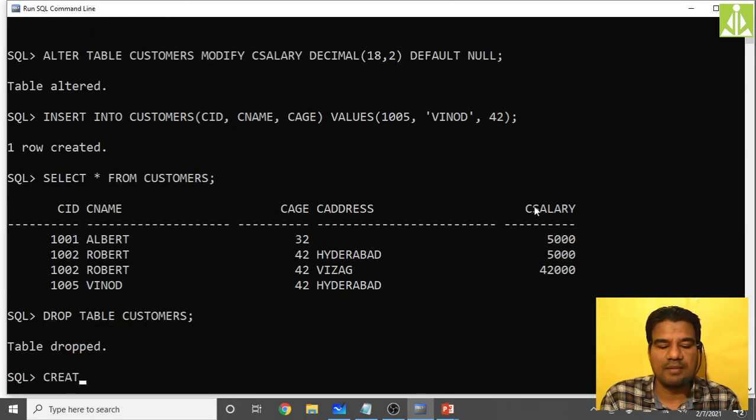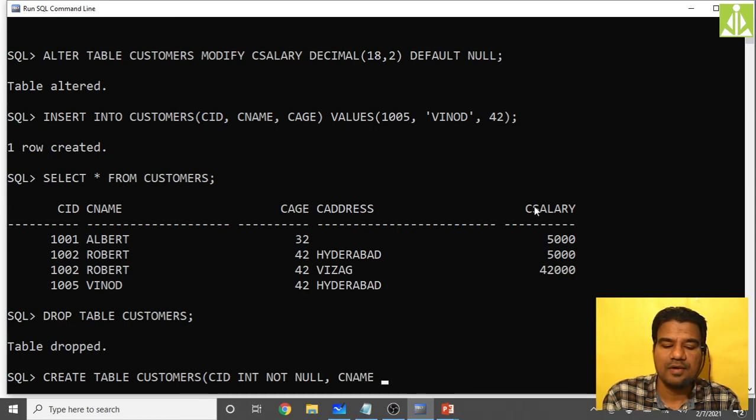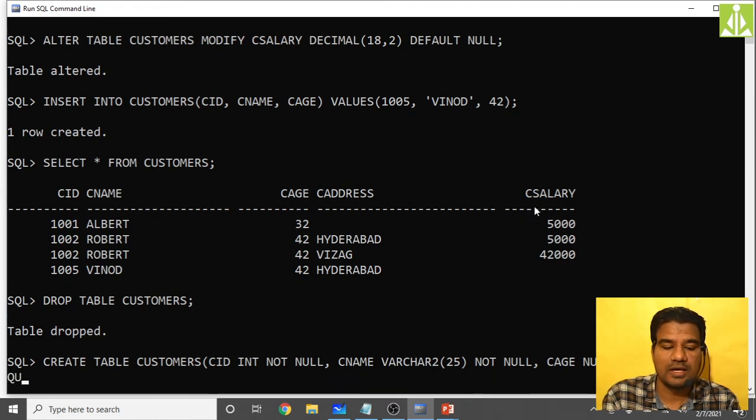Now I'm creating table customers: CID int not null. Then CNAME varchar2 of 25, and it should also be not null. Then CH number of 4, not null, as well as I want it to be unique, UNIQUE, comma.